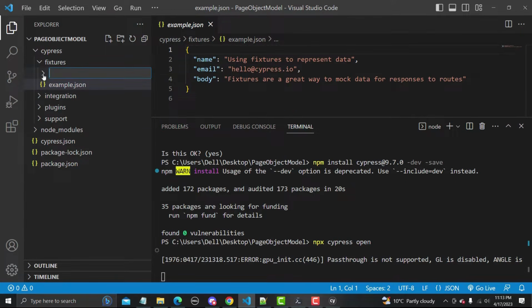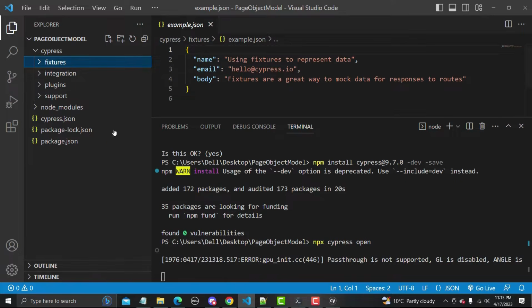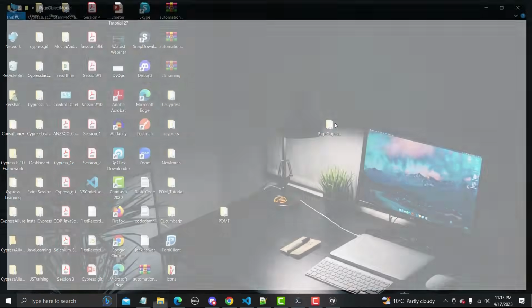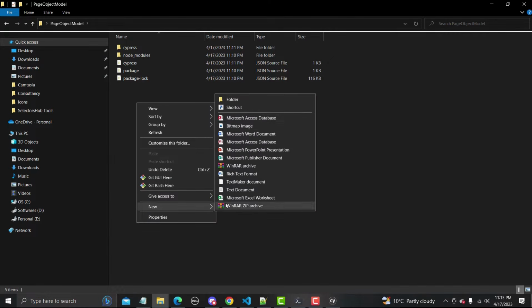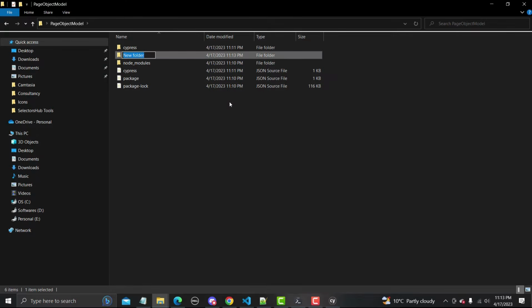So if you face some problem creating under the fixtures, what you need to do is simply go to the main folder here. Not inside Cypress, but on the main root directory here. Let me create the folders from here, and let me call it page objects.